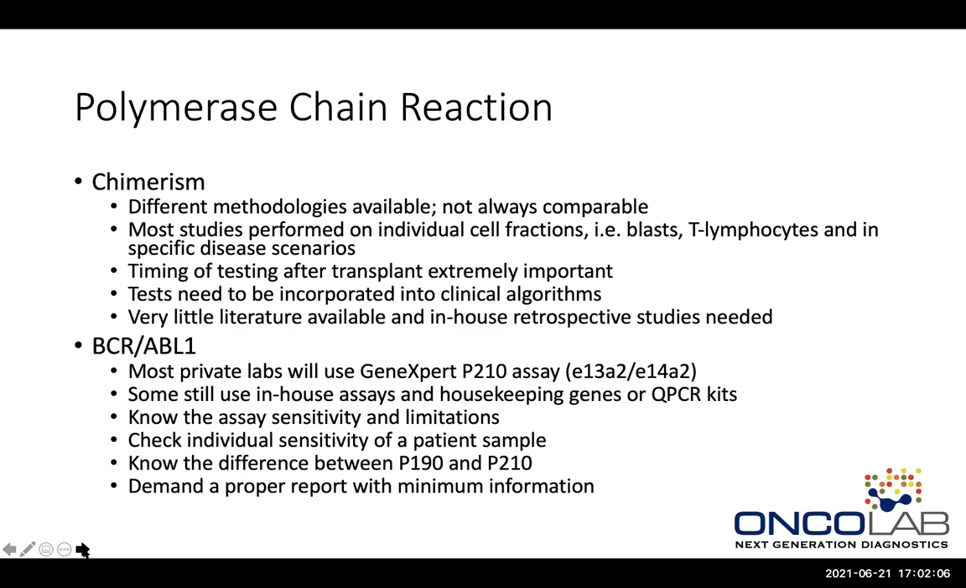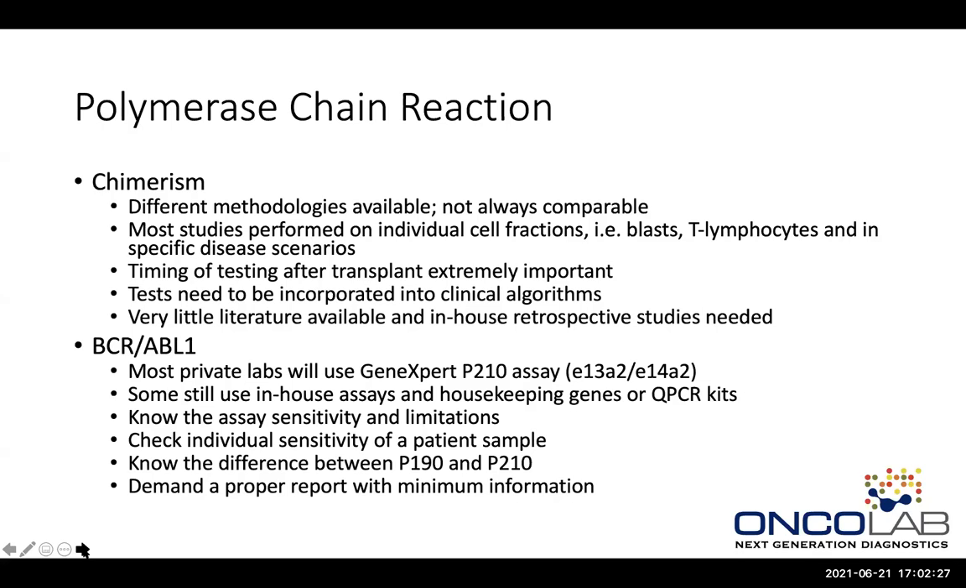Most of the studies looking at their clinical value have been performed on individual cell fractions like blasts, T lymphocytes, and specific disease scenarios like childhood ALL also. The timing of testing after the transplant is important, but not specified. So the most important takeaway from chimerism